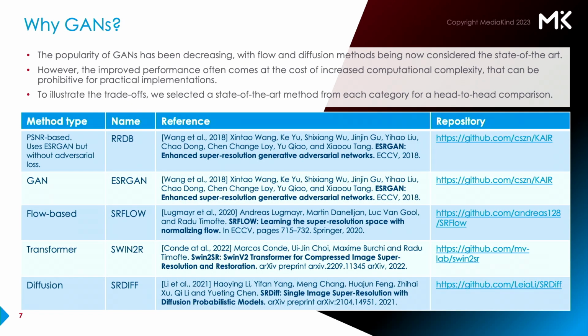So, as I said, right now you're probably questioning why use GANs and not other, more trendy AI approaches. Right now everything is about transformers and diffusion and all those new trends. So in order to try to justify why we believe GANs are a very good balance between quality and computational complexity, we selected a model, an algorithm, that is technically considered to be kind of the state of the art in that area.